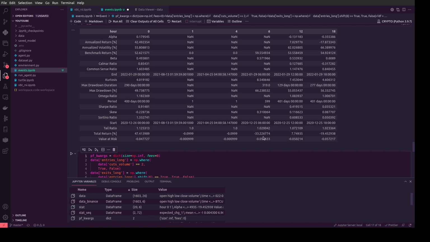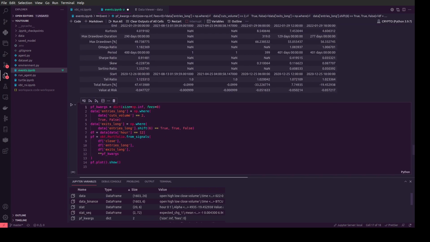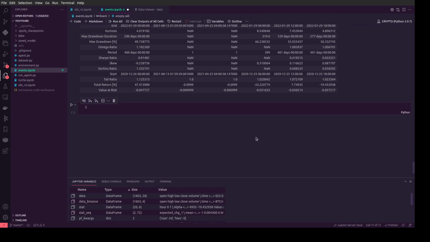But let's do another. You should avoid the situation when we have hour 6 to open this position and we are going to hold this position 6 hours. Also, you should avoid the situation at hour 18. Okay. So let's delete, and in general